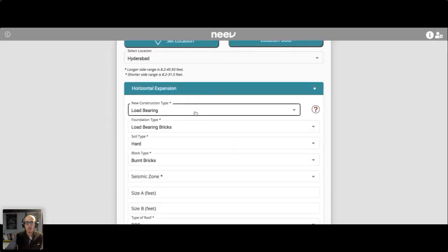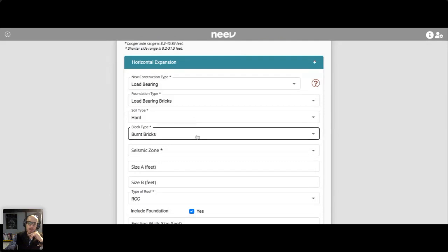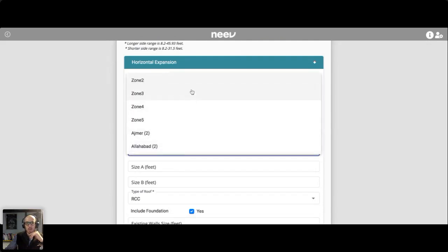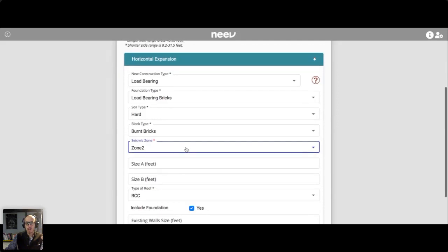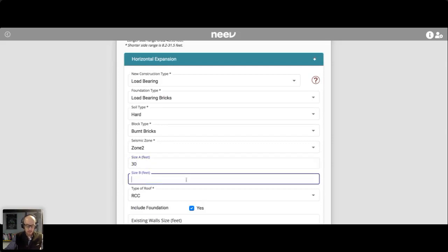So let's say I want to do a horizontal expansion in load-bearing. I can choose the soil type. I can choose the type of bricks that I use. I'm in Hyderabad, so this is going to be seismic zone 2. The seismic zone and the soil type determine the type of structure that I can have. Let's say that I want to build something that is, I don't know, 30 feet by